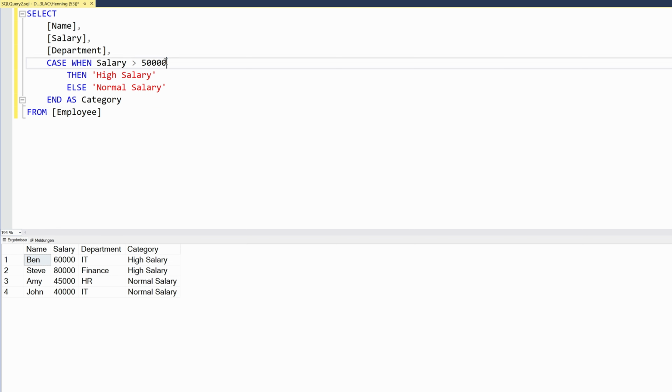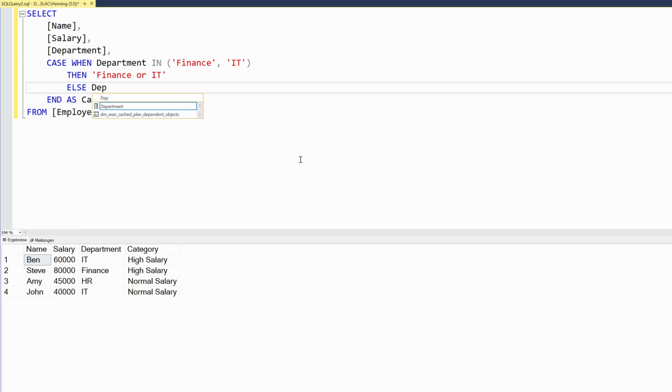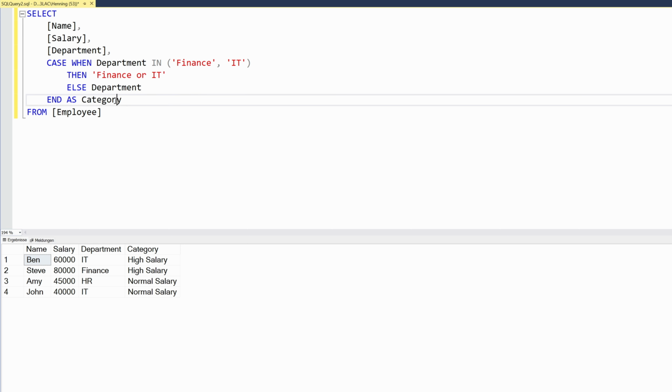In the part where we define our condition, here we can enter anything that results in a true or false value. For example, we can say case when our department is in the list of finance or IT, then this person works in finance or IT. Otherwise, and we are free to add also columns here. Let's put in here the department column again. Otherwise, we point out the department that he works in. And let's call this as